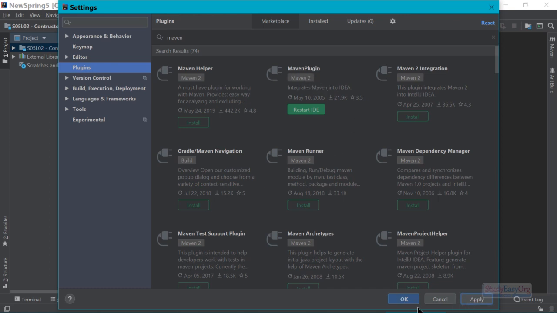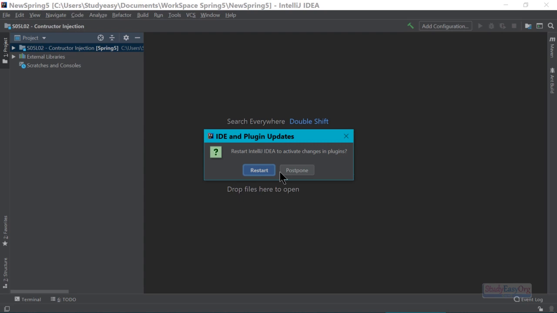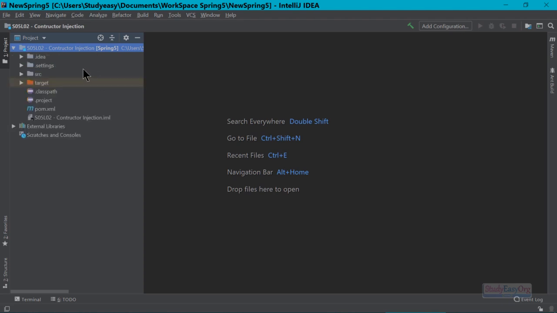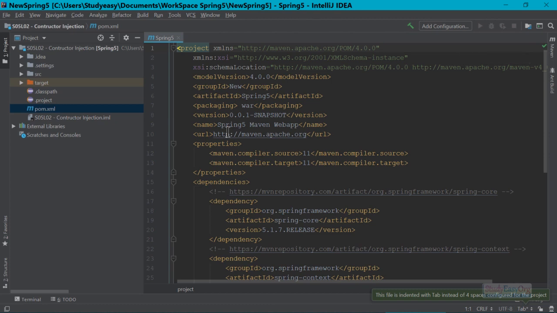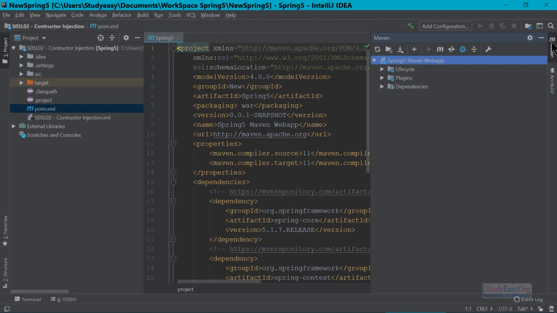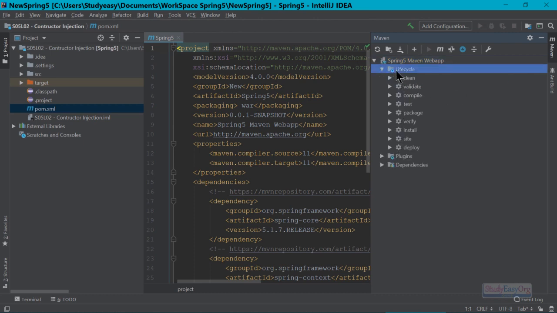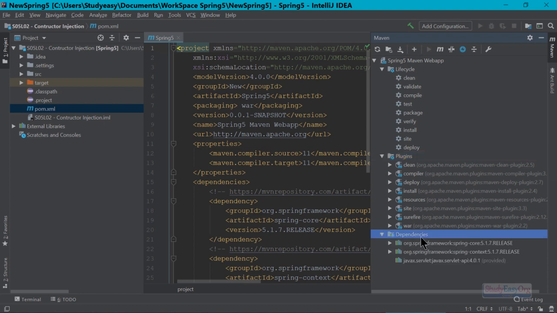Alright, so let me apply this and click on OK. We will restart it later. Alright, let me click on postpone. Alright, as of now, as we already have the pom.xml, we need not worry about the plugin as of now, but it is good to have. Alright, so in here we have this pom.xml, and everything is there. In fact, we can open up and check the pom.xml, and the Maven tools can be accessed by this small little icon at the extreme right of the screen, and there are a couple of things like lifecycle, plugins, dependencies, and all those kinds of stuff. So everything is there with you